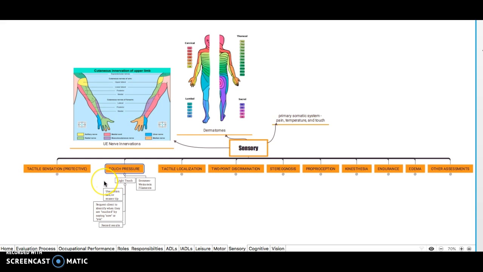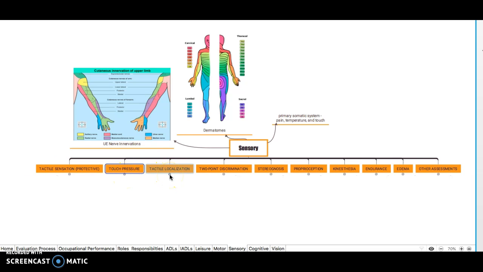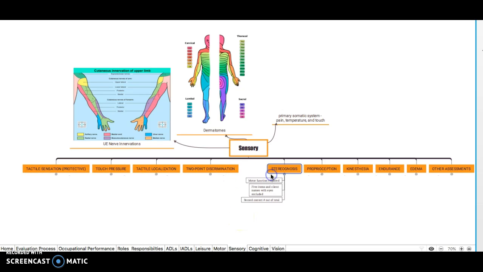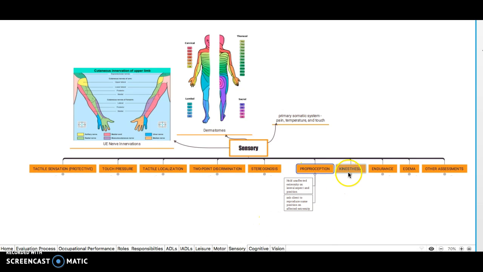We also learned how to use an assessment, Semmes-Weinstein filaments, in Chan's lab, to assess touch and light touch and different types of touch pressure. We also learned how to use different tools to assess tactile localization, 2-point discrimination with a discriminator, or an esthesiometer. We also learned how to assess stereognosis, proprioception, kinesthesia,